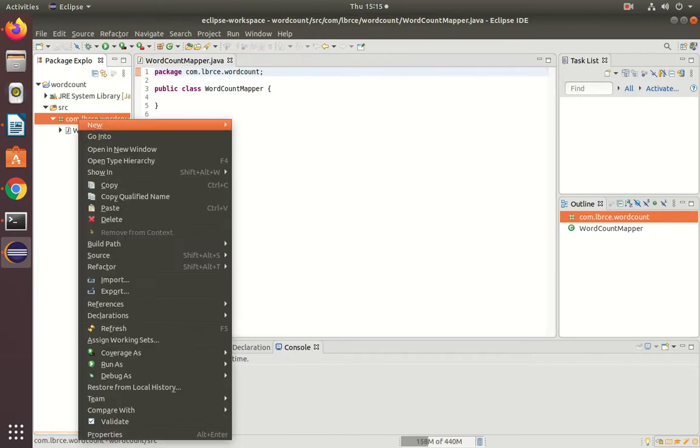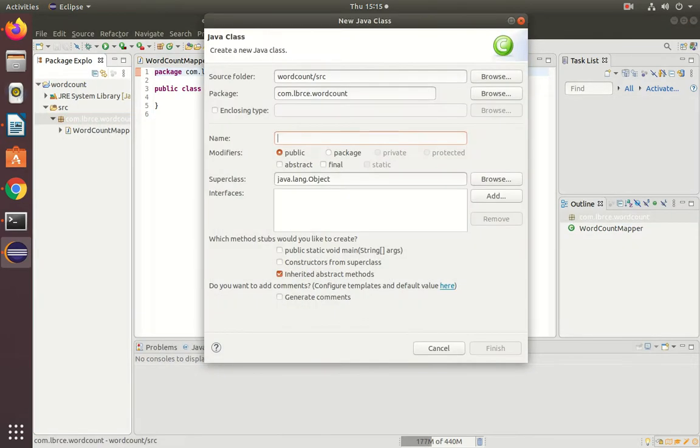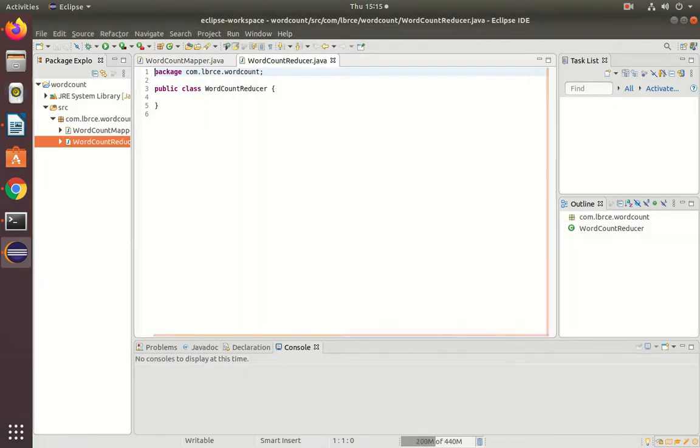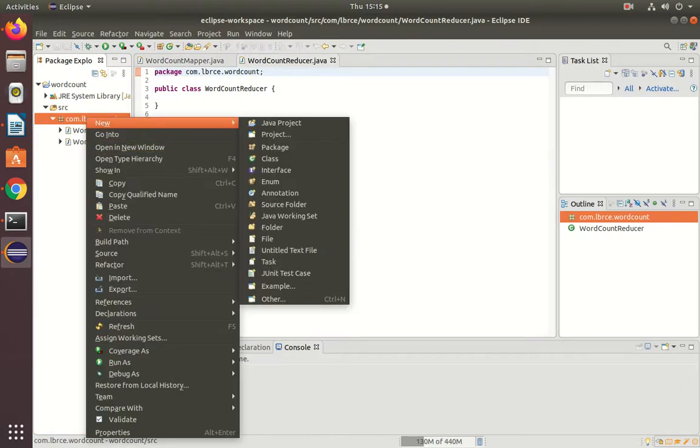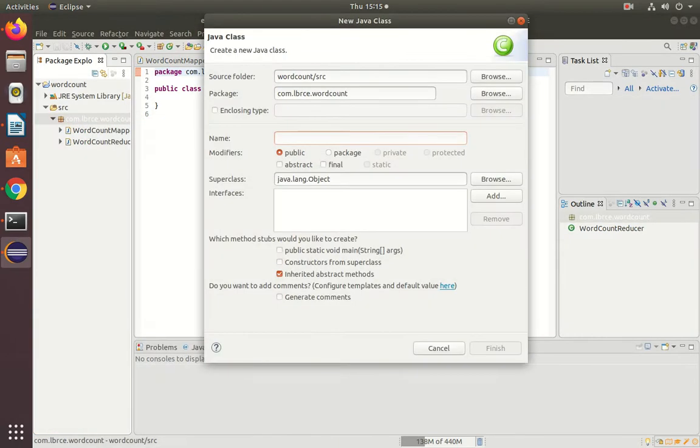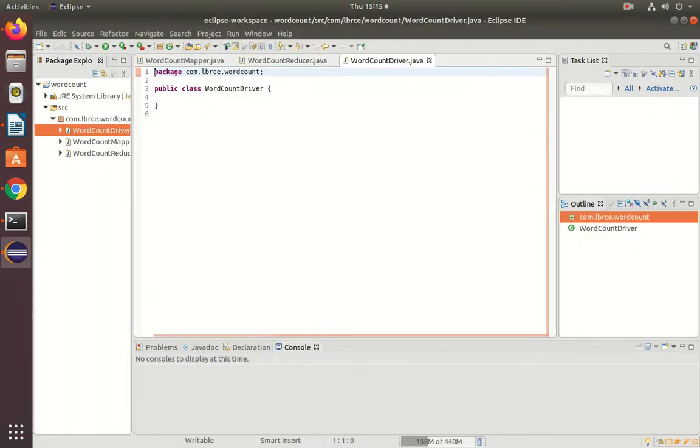Next, create the reducer class. And next create the main class, that is the driver class, word count driver class.